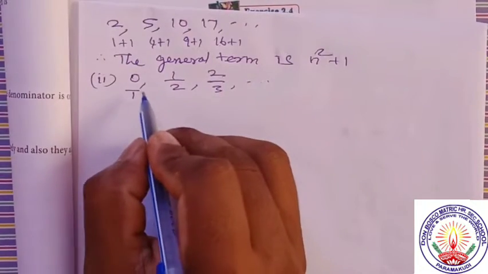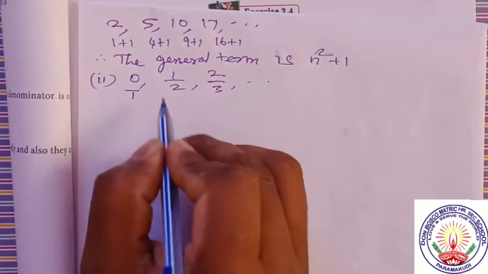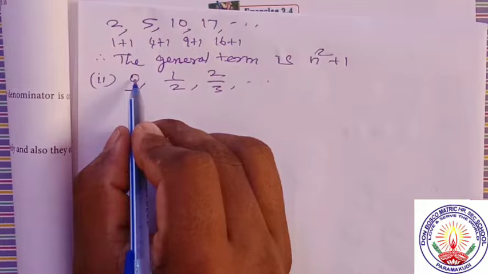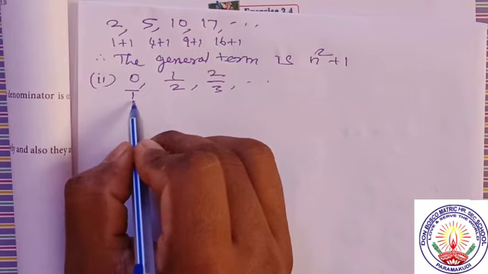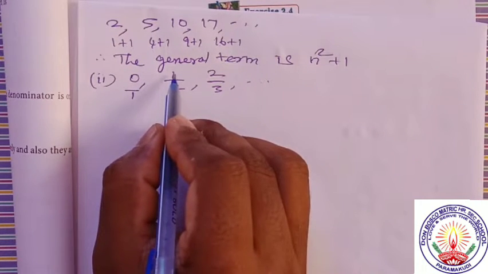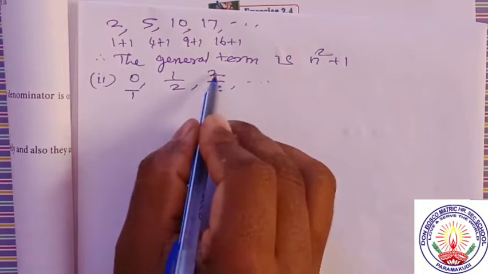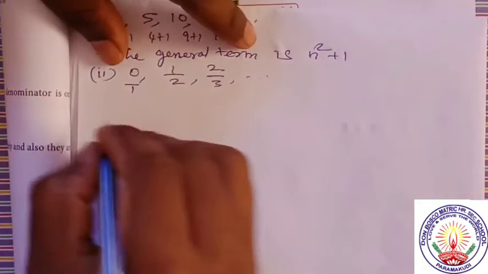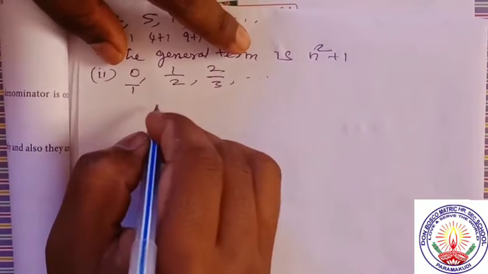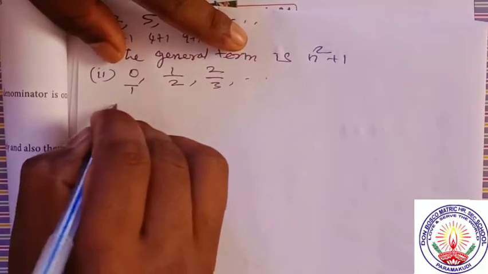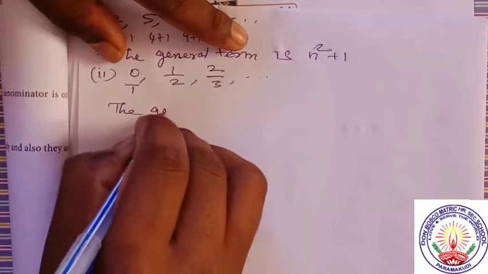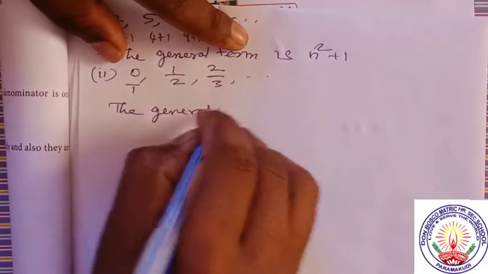Now, look at the numerator. First term, 0 divided by 1. Second term, 1 divided by 2. The corresponding terms are there in the denominator. In the numerator, it is 1 less than the denominator. Therefore, the general term